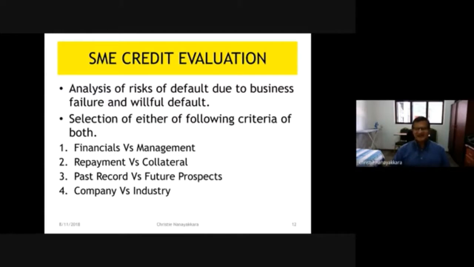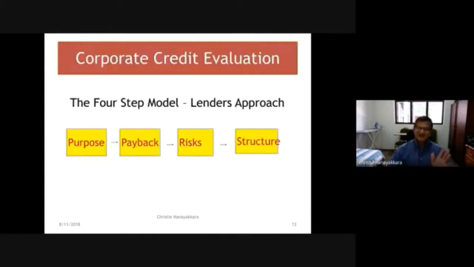This is a very good area to get into, but you need to pay your attention to financial versus management, repayment and collateral, master orders and future prospects, the company and the industry and all that. And use your experience to grant facilities to this sector, and you will avoid credit risk to a great extent based on your experience. Now we go to the third sector of evaluation,